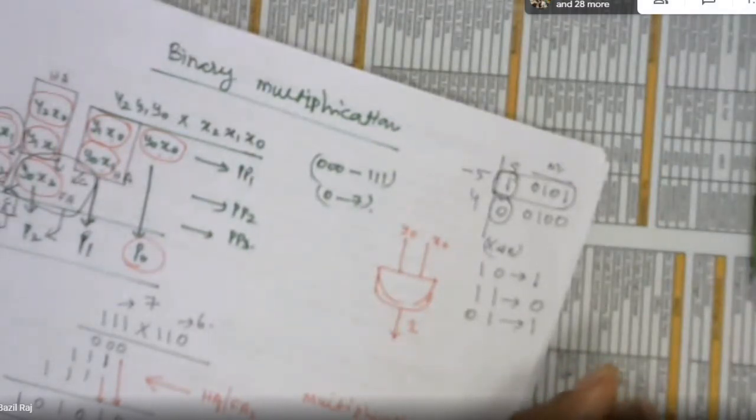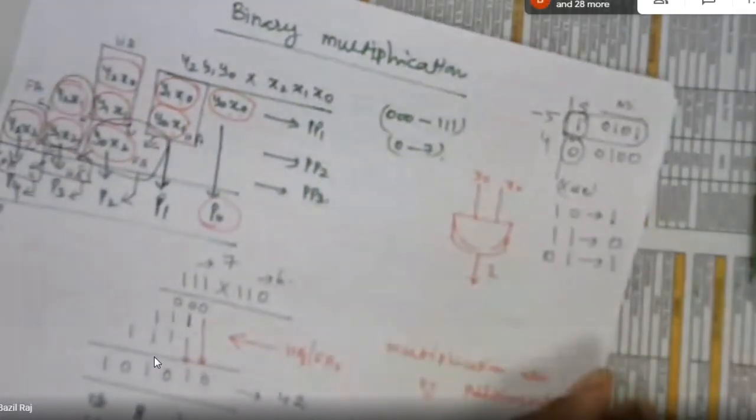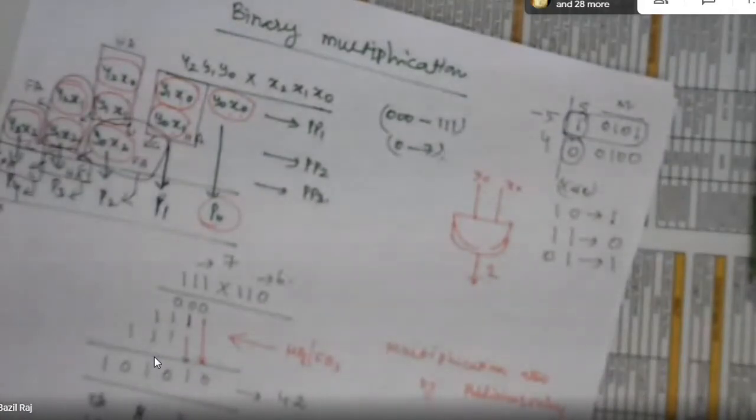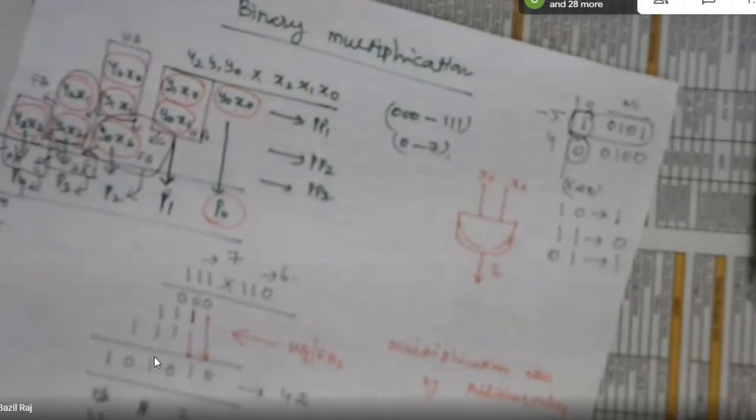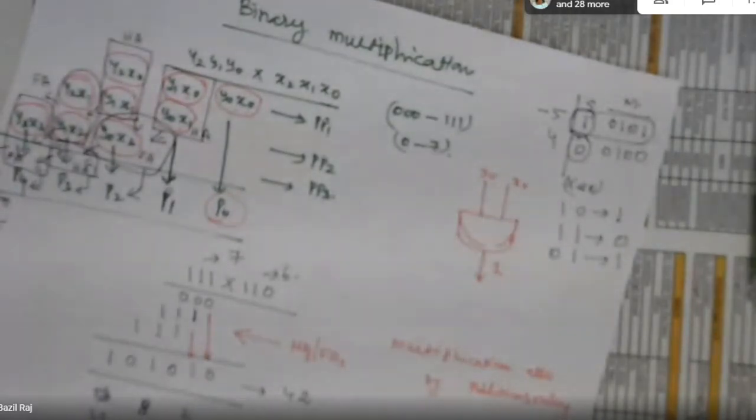In multiplication and division, the sign will be separately dealt with by the exclusive OR gate. Understand now? Direction, that is polarity, is by the exclusive OR gate. Magnitude is by addition. That is the fundamental concept behind these things. In fact, the same thing applies in division also. Next class, we will see how X will be divided by Y, like 128 by 84, 64 by 32, and how those things also happen through addition.